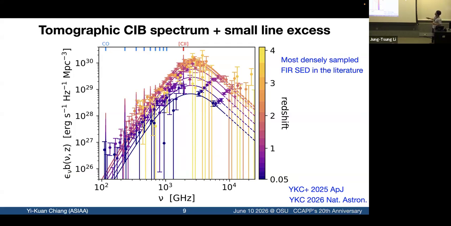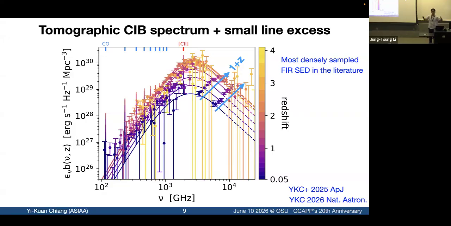So this is a tomographic cosmic infrared background spectrum, which consists mostly of continuum. This is plotted in rest frame, so rest frame emissivity as a function of frequency. All these data points, every one of them is a 2-point correlation function amplitude between broadband maps and galaxies at a specific redshift. And of course, there could be small line axes on top of the continuum. What you realize is that all these data points are at different rest frame frequencies, right? And there are these different tracks coming from different observer bands, but once we have redshift, you put this 1 plus z factor in the rest frame.